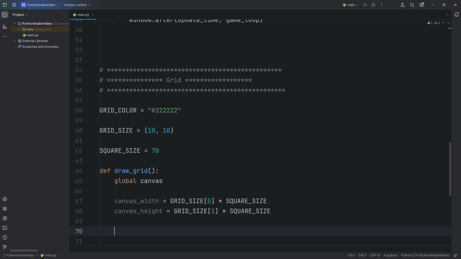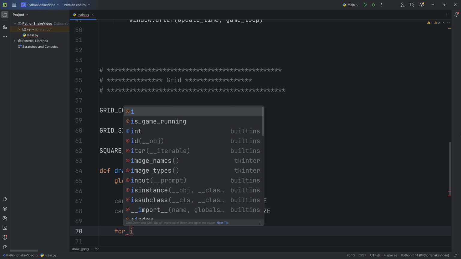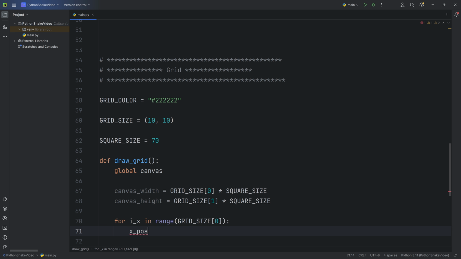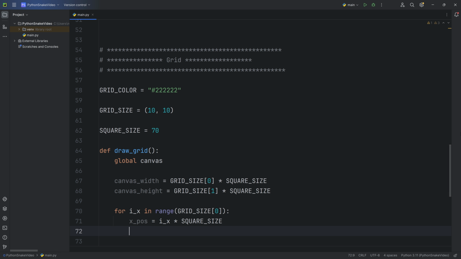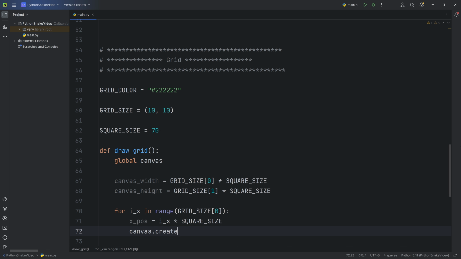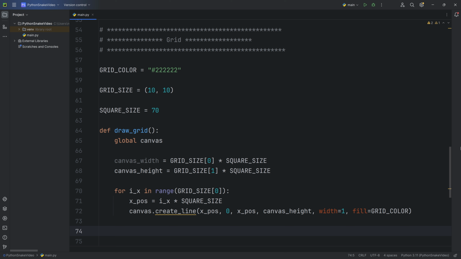To draw the vertical lines, we create a for loop for ix in range of grid size of 0, x pos equals ix times square size, and for each iteration we draw a line with canvas.create_line x pos, 0, x pos, canvas height, width 1, fill grid color. With this we have created the vertical lines.